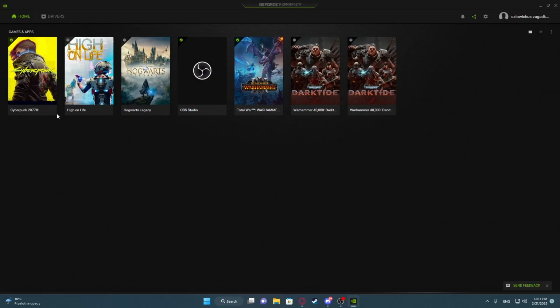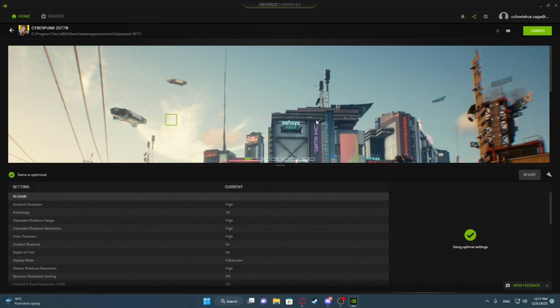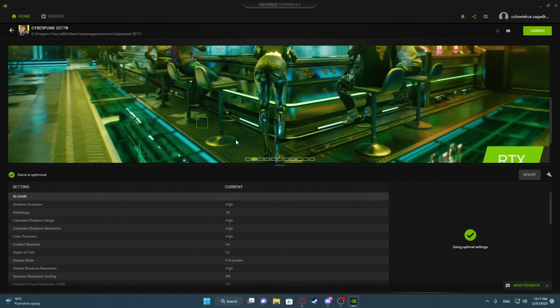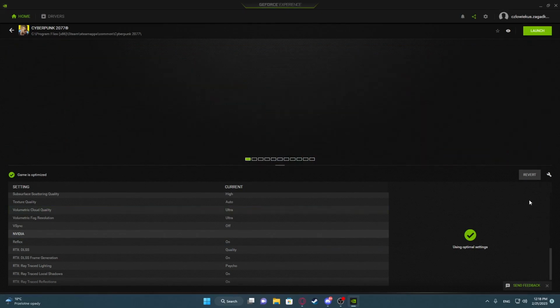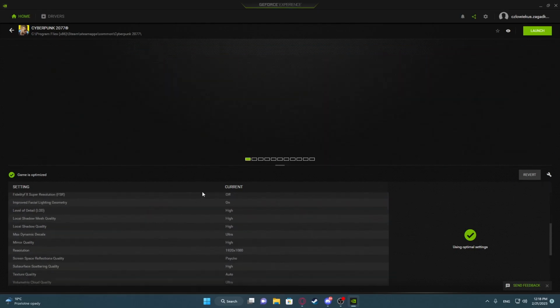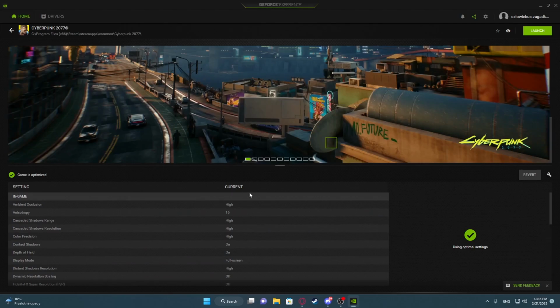When it's ready, you can click on any games. It should actually detect all of the games installed on your device. So click on the game. You can also launch it if you want, but we're going for optimization. So right here we have Cyberpunk 2077, and we can here see all of the settings that are current and